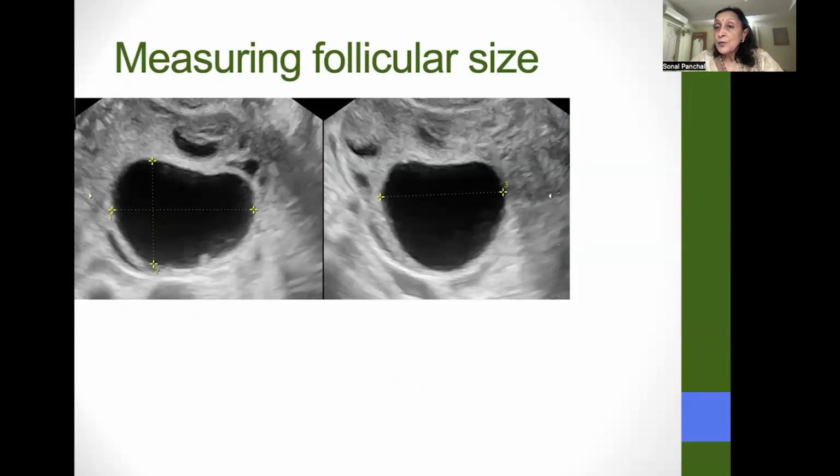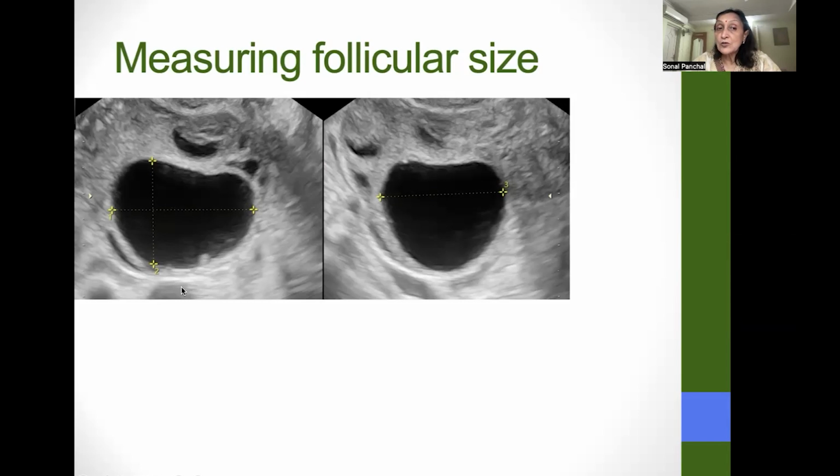If that is so, measuring the follicular size correctly is important, and I would want to emphasize here that the correct mean follicular diameter is to be measured by measuring 3 longest orthogonal diameters and taking a mean of that. That means that you have to take 2 orthogonal planes, the longest section of the follicle, and from there a 90-degree rotation of the probe leading to the transverse section of the follicle, and measure the longest diameter